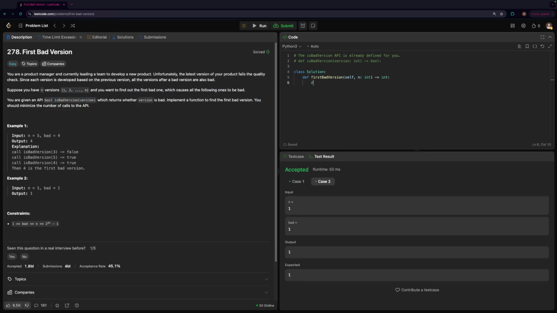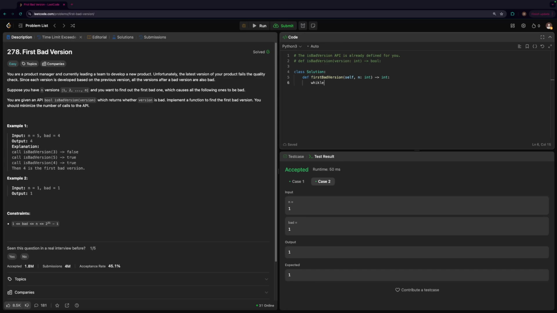So what I propose we do is perform a binary search. So if we have a binary search, we're going to have some type of array like this with a bunch of integers in it. And then some of these versions are going to be good, and then some of these versions are going to be bad. The one thing that we know is once the first bad one comes up, the rest of the following spots after that first one, they're all going to be bad. So what we can do is perform binary search, and essentially the idea is once our left and right pointer intersect,